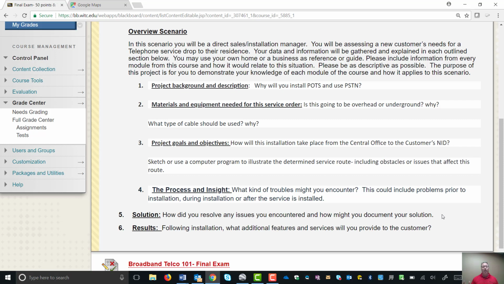Okay, we kind of went through the documentation throughout this course, so you should have an understanding of how the documentation process works. And then here's the last thing, following the installation. What additional features and services will you provide to the customers? And these are like